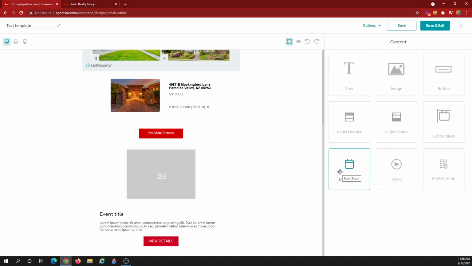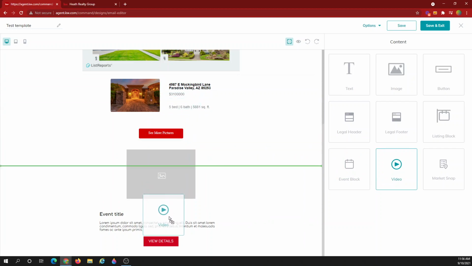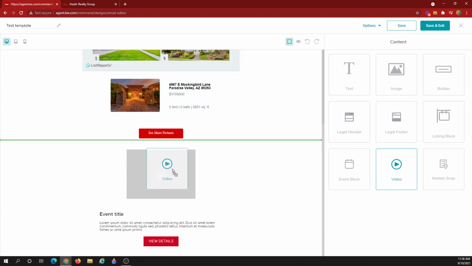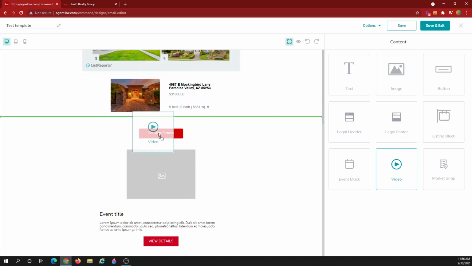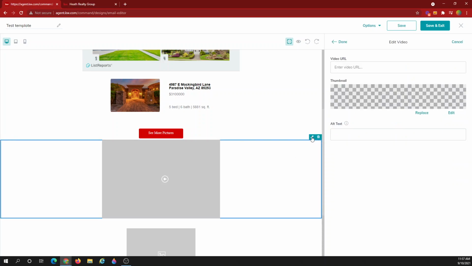There are already newsletter templates inside of Command, so make sure you check that video out from my library. The next thing that we can talk about is our video widget here. And you guys are noticing as I am dragging over, you're seeing a green line appear. And that's obviously where I'm going to drop that particular widget. So here is my video widget, and it's important to know when we edit,